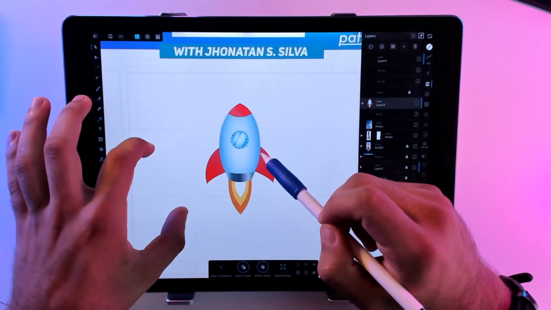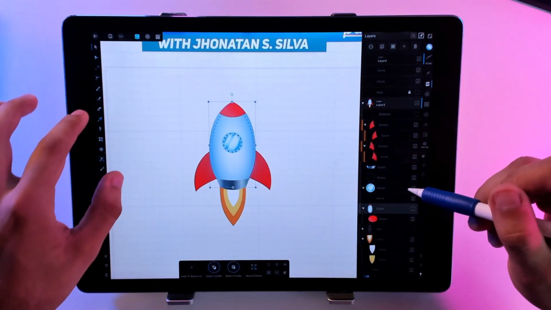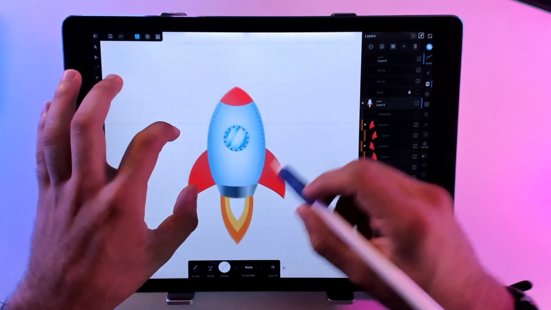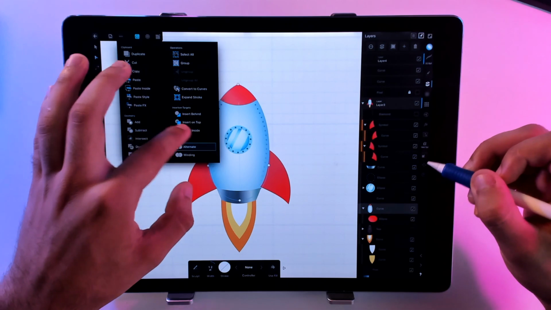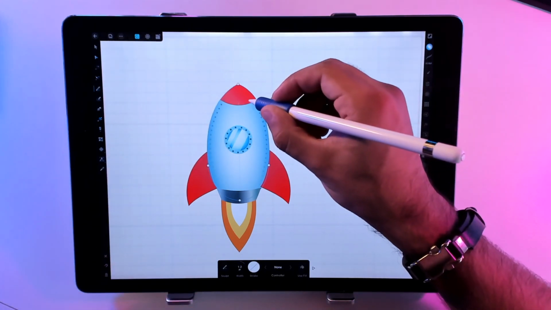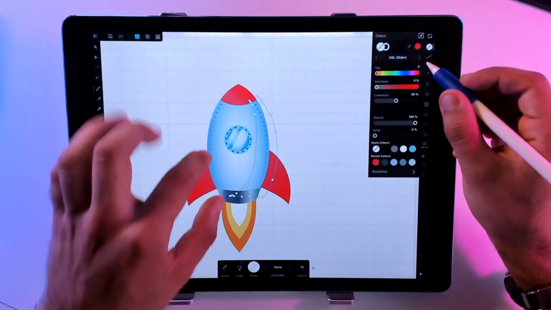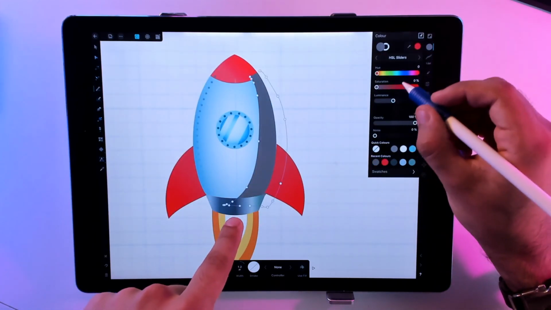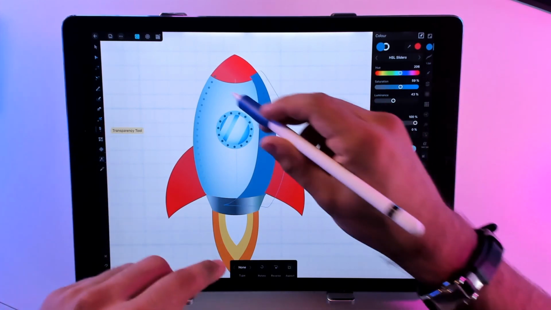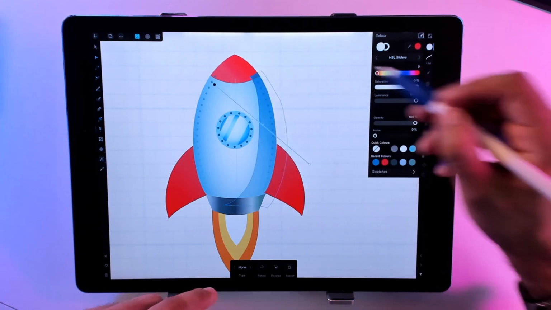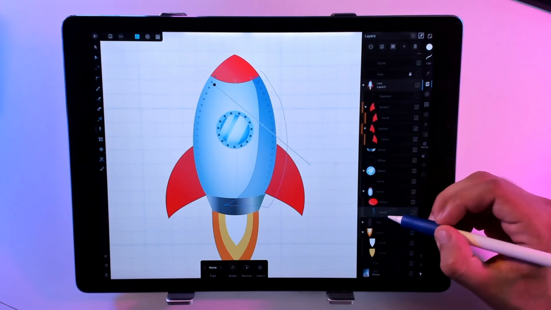Look guys, I have this rocket, and I'm gonna show you here another way to make some shadings. Click here, insert inside, and draw a kind of shadow. Okay, you're not seeing this, but I draw a shadow here, and you guys can use the transparency tool here. Let me place behind of this shape. Okay,